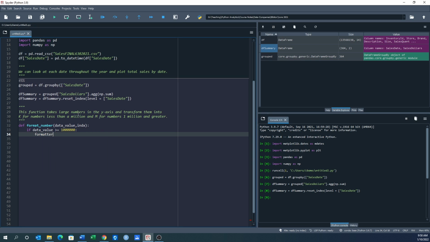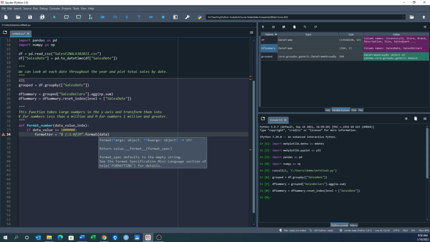formatter equals, quotation mark, $, space, I'm going to put a squiggly bracket in there, and then this is 1.0f, so we're going to put the number in there, and then we're going to add M, because this is the million, and that's dot format data value times 0.001